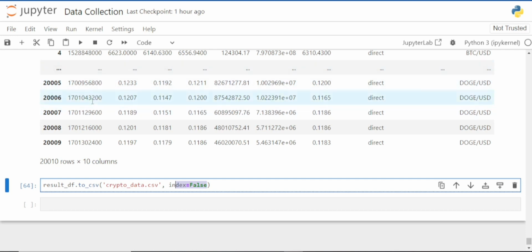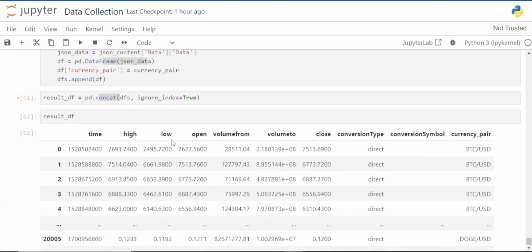So this is all about the data collection. The next step we'll be going to is the data cleaning. Then after that,